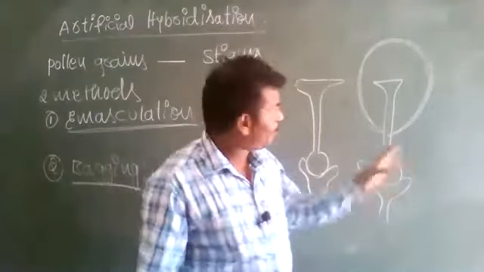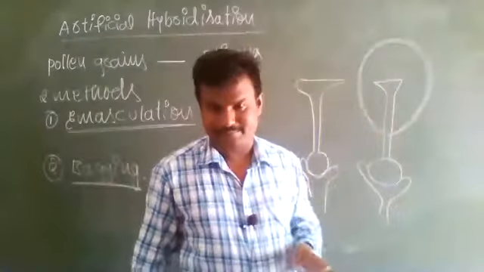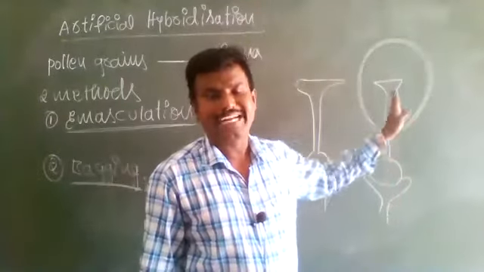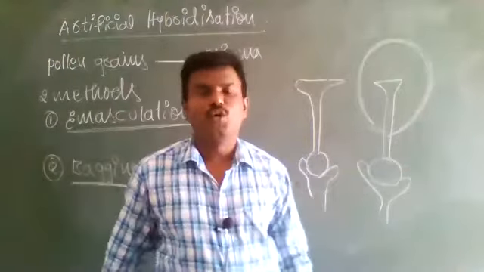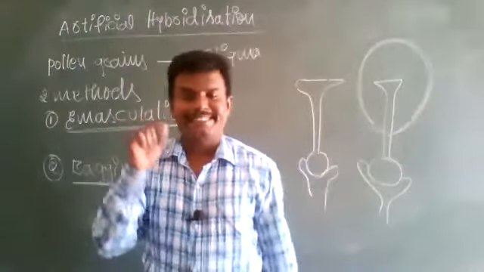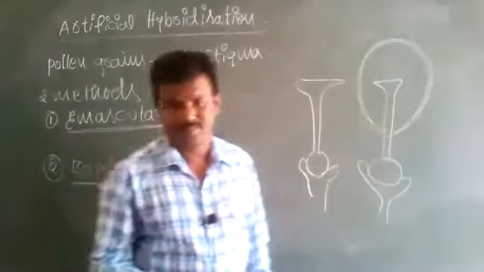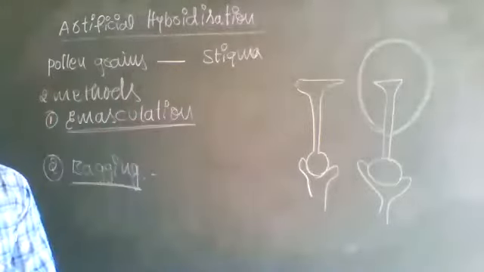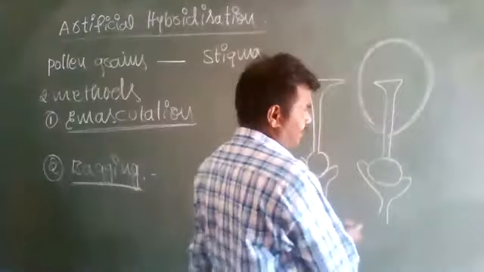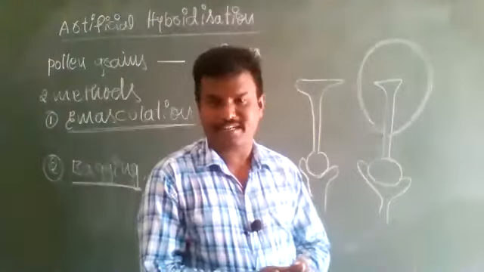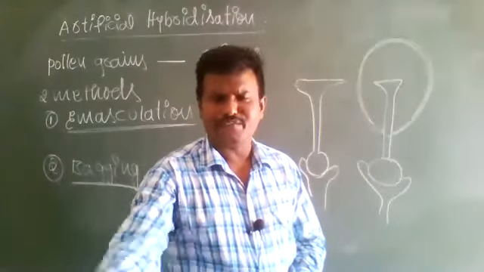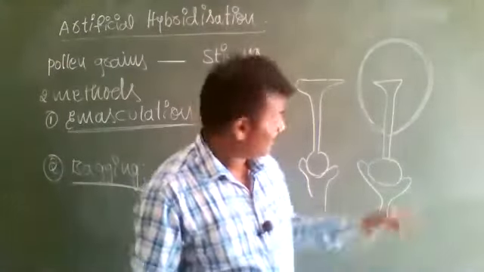So that cover should be suitable to this size. A suitable size of transparent bag we have to use. After bagging, we have to record the date, time, month. Okay, that is called the bagging technique. So after bagging, for example, today we have bagged a specific emasculated flower. After 15 days, 20 days or 1 month, this stigma